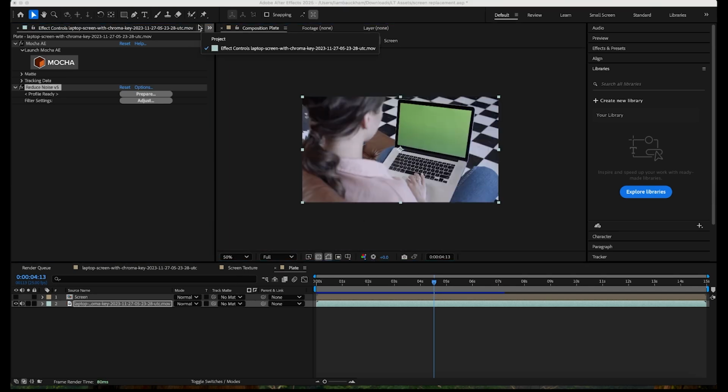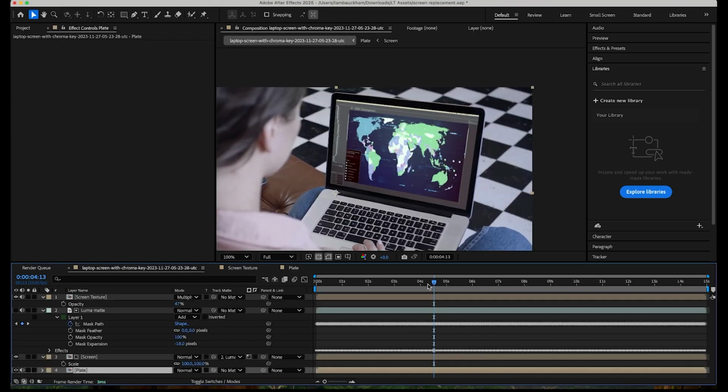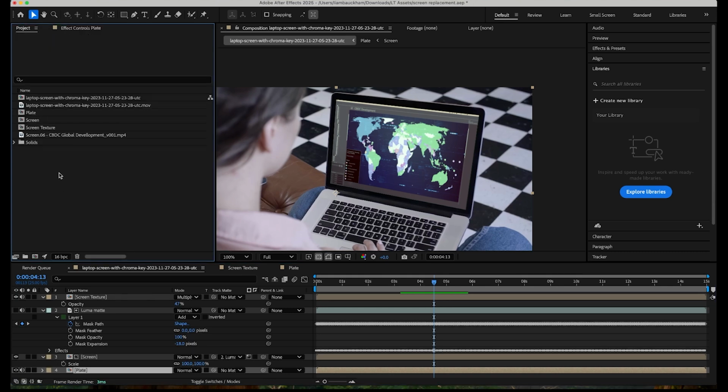Now we've removed the grain from the entire comp. So the motion graphic insert doesn't have any noise on it, and now the plate itself doesn't have any noise on it. And what we're going to do now is create a matte of the grain. I do cover this in another tutorial, which you can click on the link above. But for now, we're going to go back into our project menu, and then